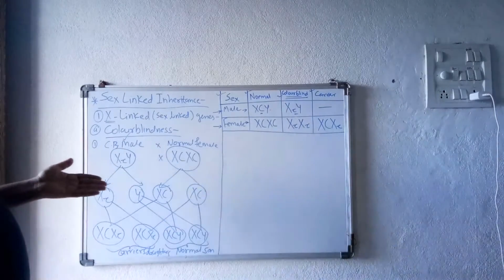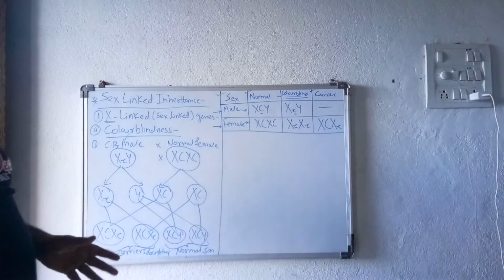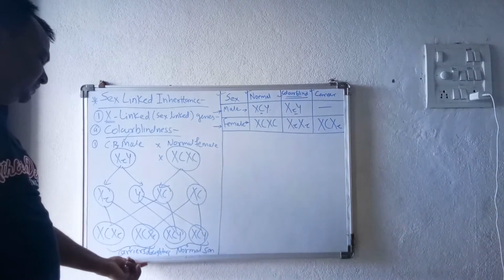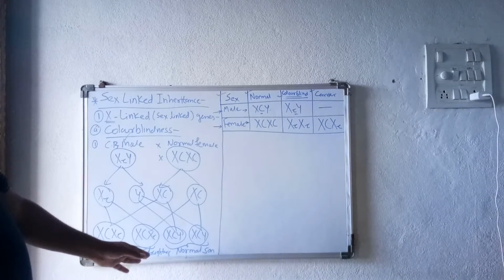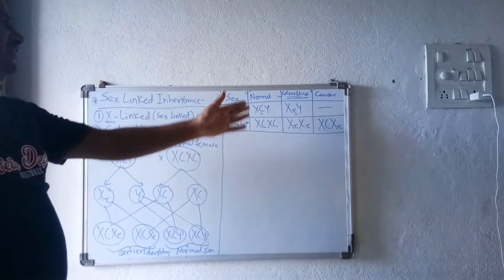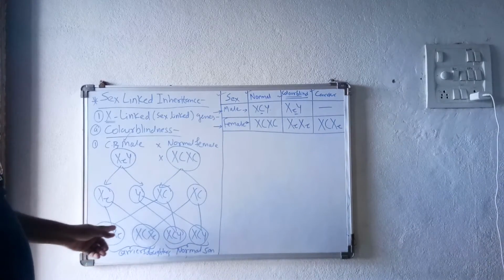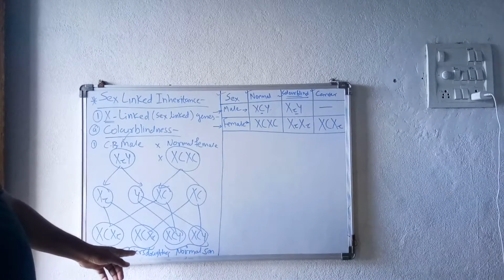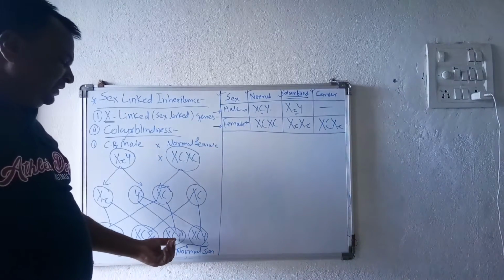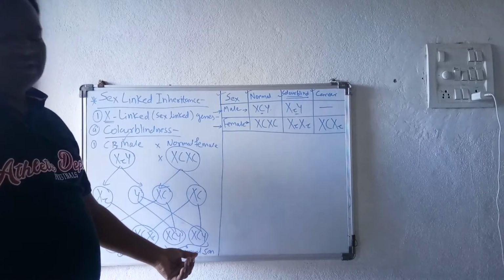So in that cross, when this color blind male marries this normal female, 50% of the daughters will be carrier daughters, and 50% of the sons are normal, because this chart says that if the capital C, small c alleles are present on the X chromosome, they are carrier daughters, and if the capital C gene is present on the X chromosome, the son will be normal.